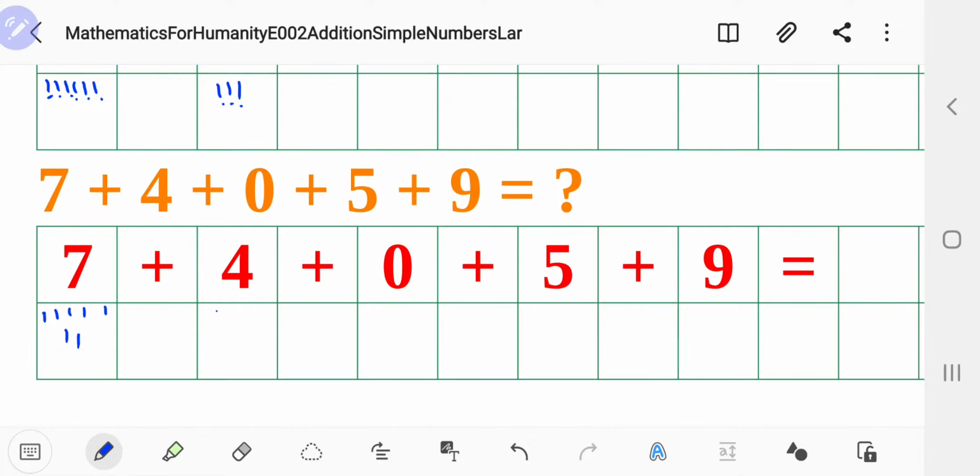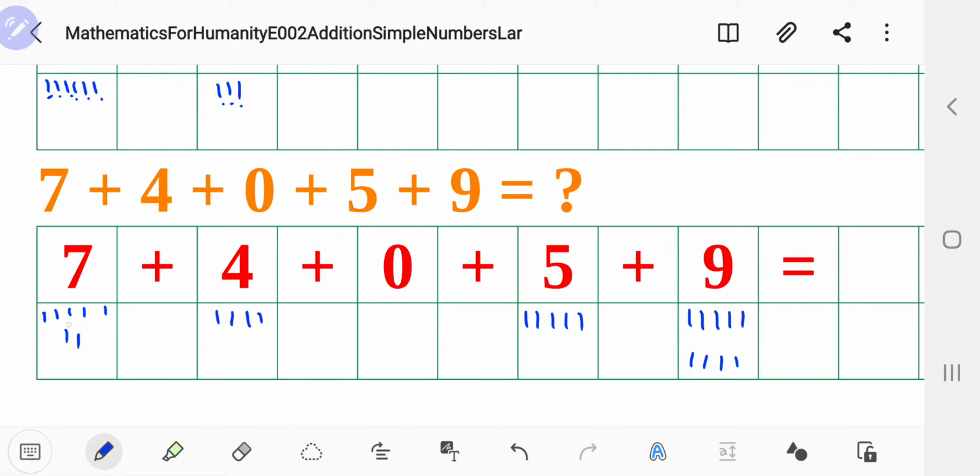Then you have here 1, 2, 3, 4. And then for here you have 0, so you don't write anything. And for 5 you have 1, 2, 3, 4, 5. For 9 you have 1, 2, 3, 4, 5, 6, 7, 8, 9. And then when you add them, you just count all of the symbols that you